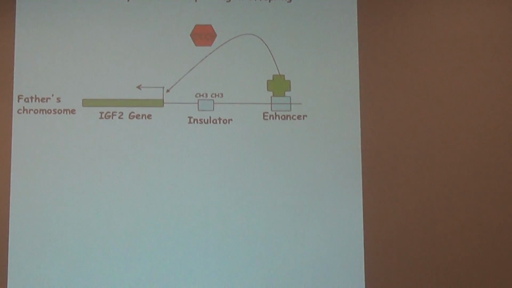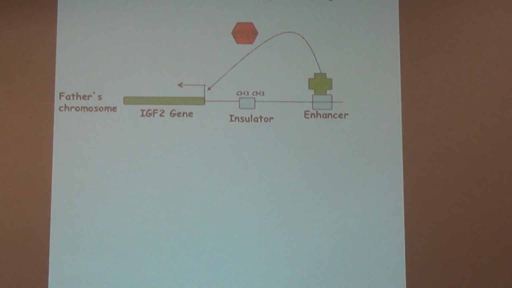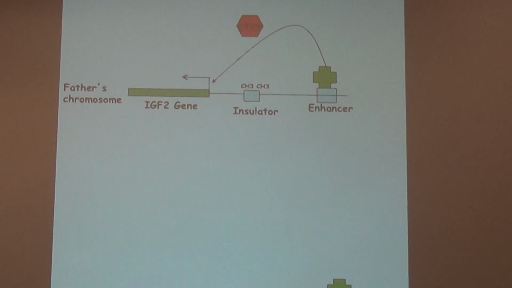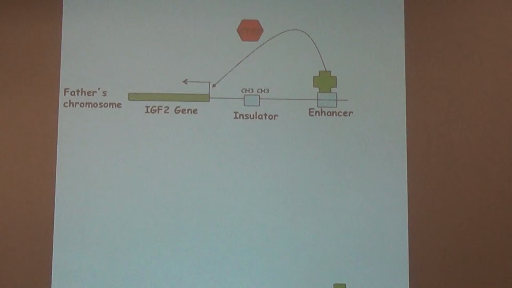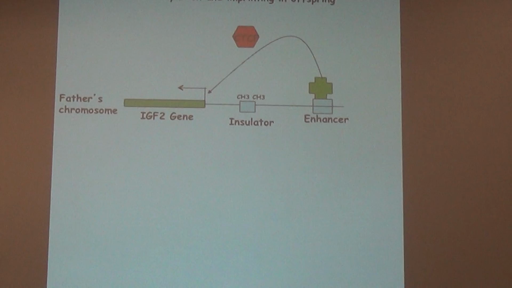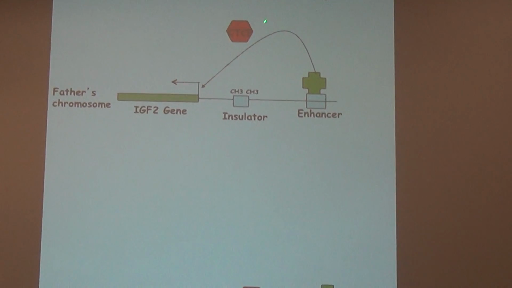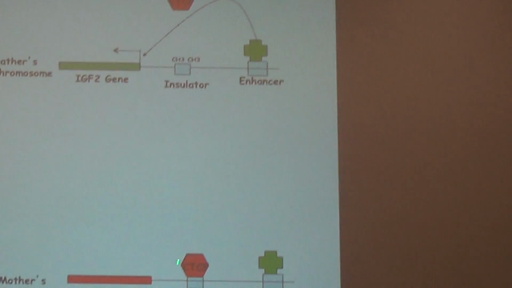In the mother, this gene is inactive. And the reason it's inactive is this insulator sequence is not methylated. The DNA is not methylated, so this CTCF protein can bind. When this CTCF protein